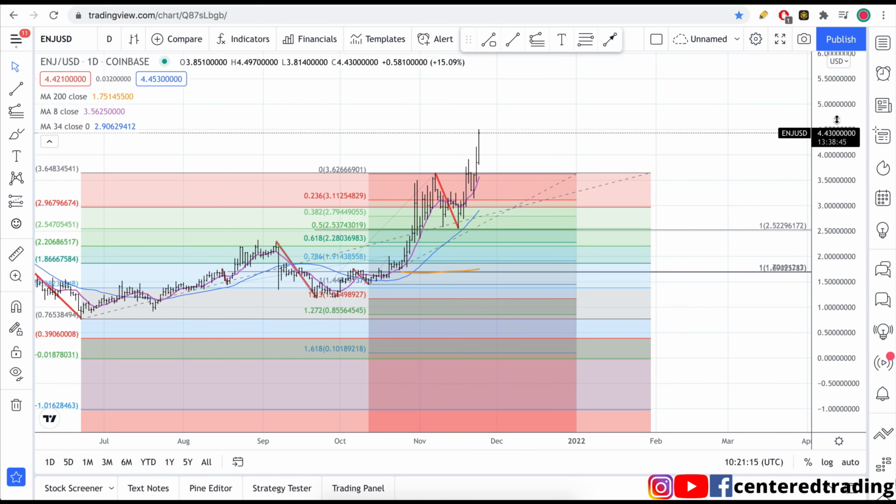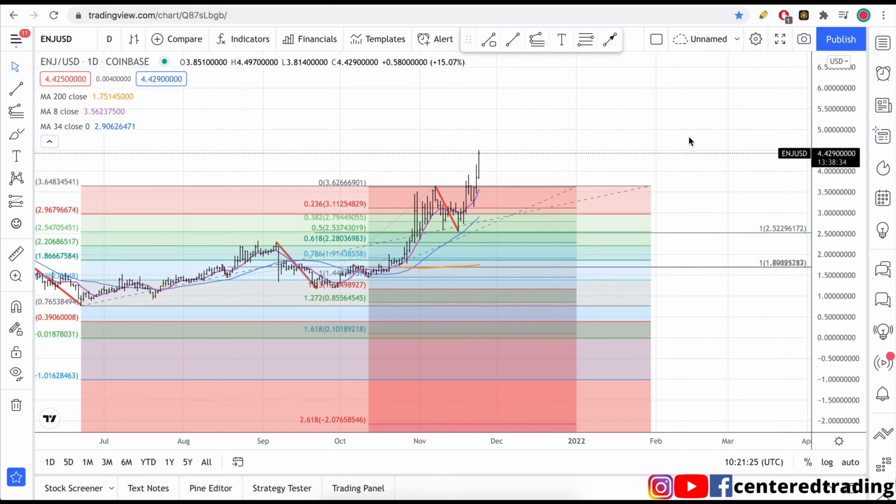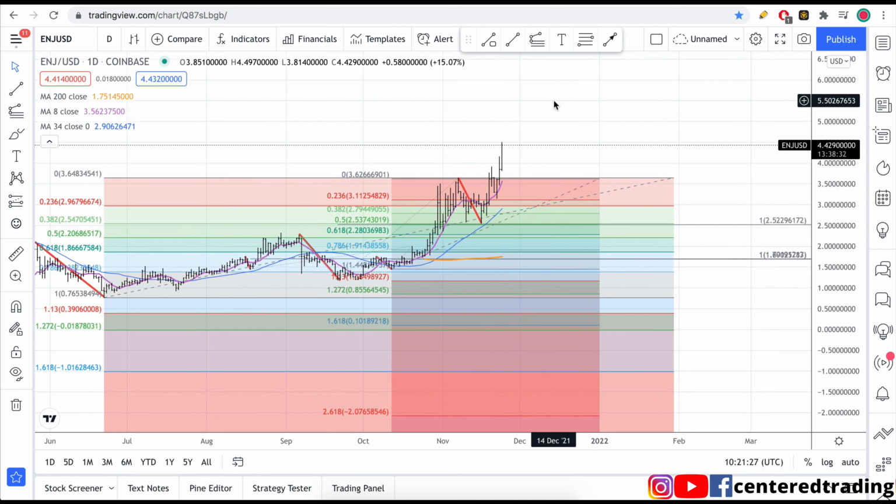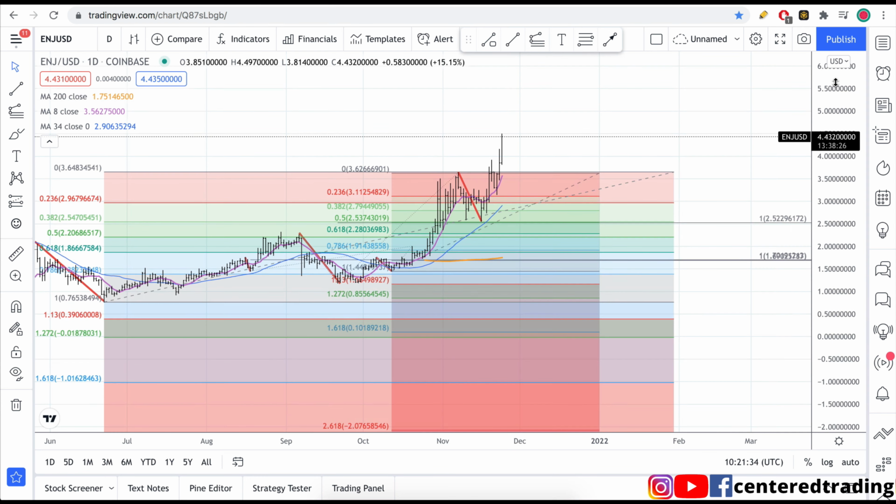potential pullbacks. If you're in this trade, you can start to use that 8 moving average on the daily chart, ratcheting up your stops along the way to lock in these profits. And that's how we have a plan in place. We follow through on the plan. But if you're not in this trade, we're also anticipating the next pullback and seeing how that will look